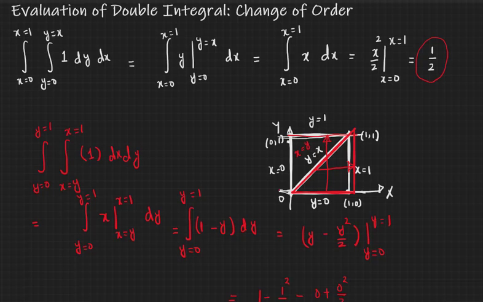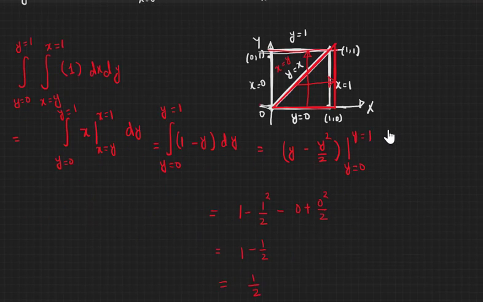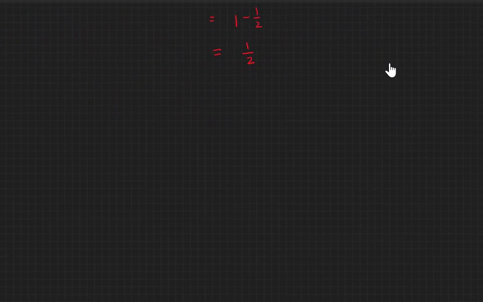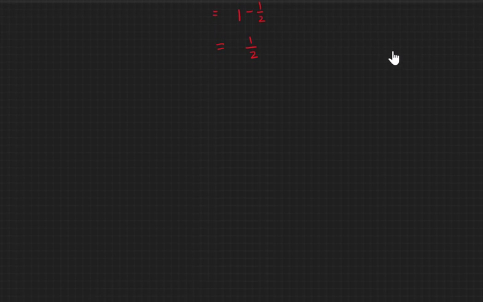This is a very simple example, that's why we don't feel any difficulty in changing the order of integration, but sometimes it is quite difficult when the region geometry is very complex. Let's take one more example and try to understand it further. Okay, let's say we want to integrate the double integral. Let's say